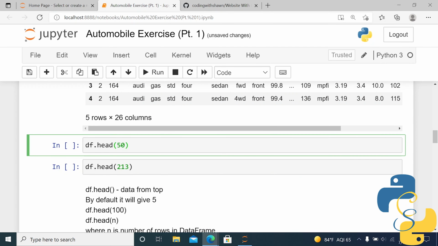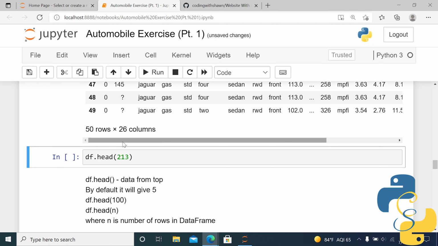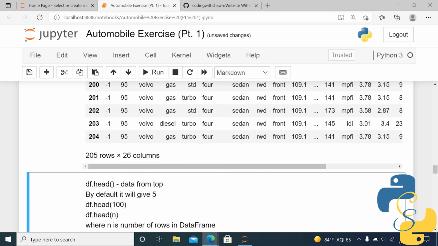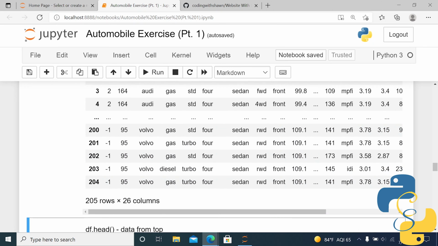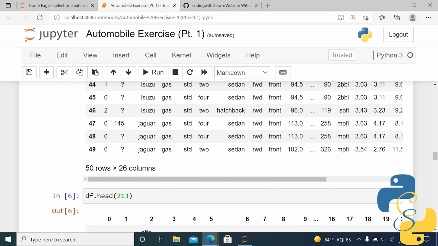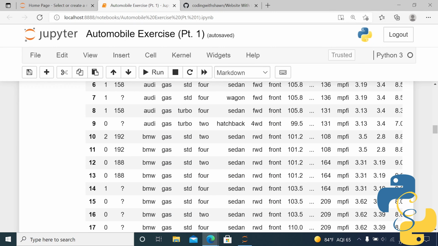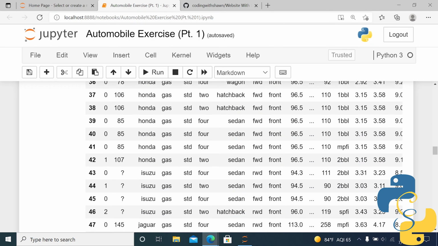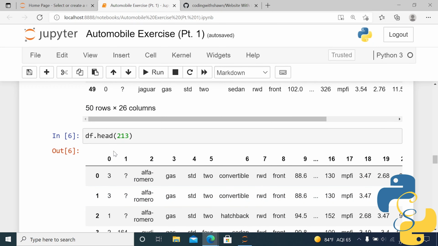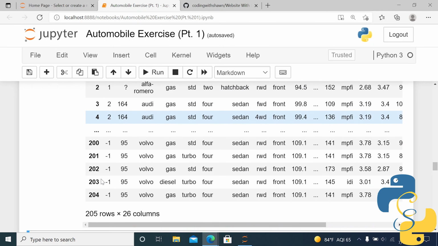If we put, say, 50 here, then that's going to actually print all 50 rows from the top down. And if we put another number like 213, it's going to give us... Now, I want you to notice a couple of things here. Firstly, notice that when we did df.head 50, it actually printed all 50 rows for us. You see, it goes all the way from 0 to 49, which in total is 50 rows. But when we did 213, we got a couple of dots in between and just a few on the top